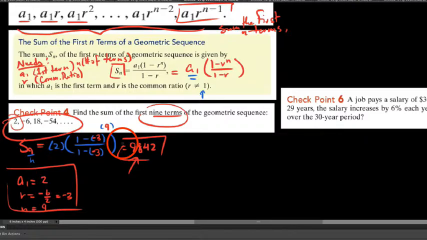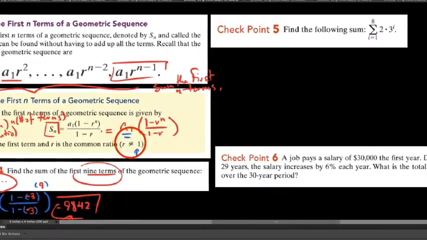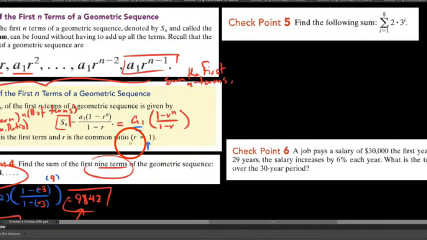So let's go ahead and take a look at just a couple more sums here before we peace out of this video. Checkpoint 5. I like this one, and I'm definitely doing it on purpose, because it's been written in sigma notation or summation notation. What I want to point out here is that this is the sum of the first 8 terms of this particular sequence. They are just writing it as sigma notation. So it says start at your first term, go to your last term. We can see that this is clearly exponential,